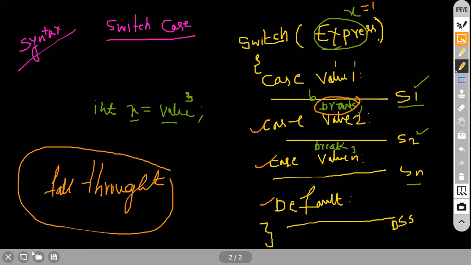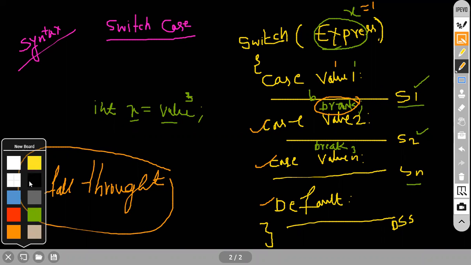So we are going to see the flow chart for this. Let's see that one. Okay, let's see the flow chart. We will see the switch statement flow chart here. So I will take the starting point here. Think like that, this is our starting point.